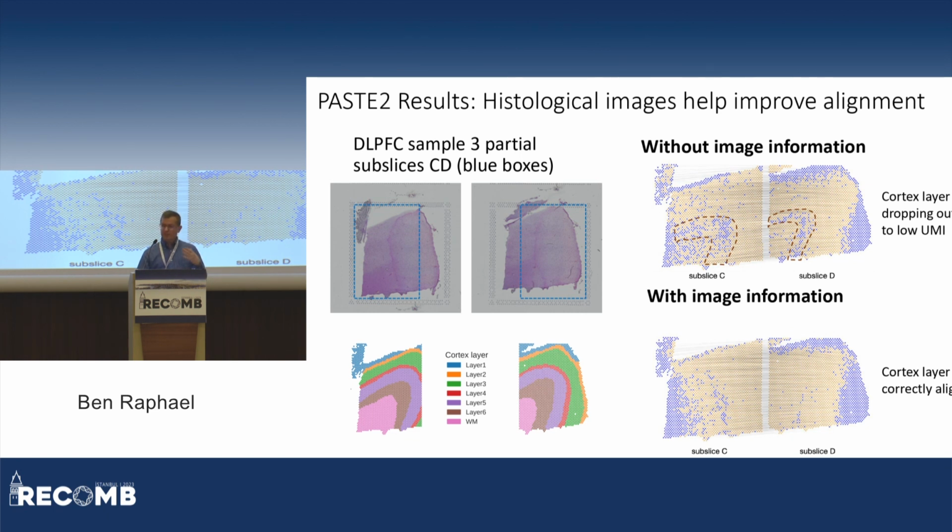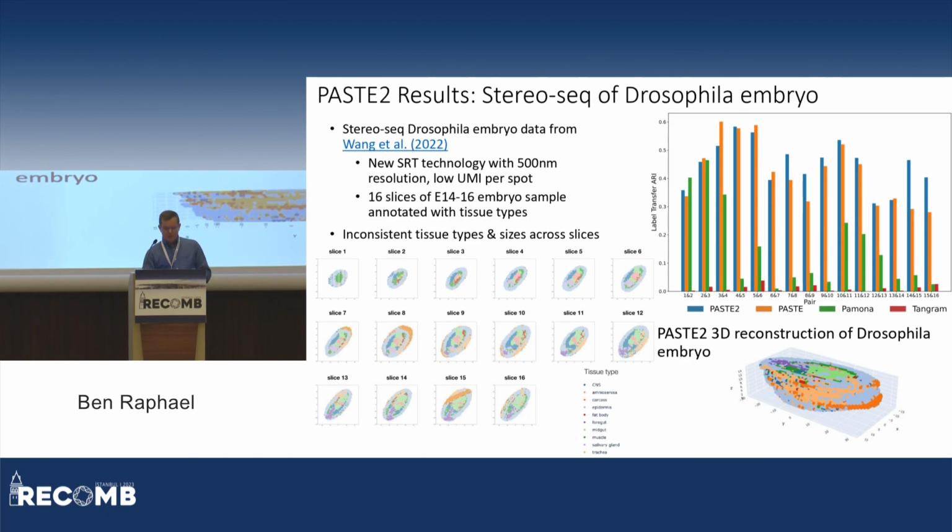So finally, we applied this to a number of real data sets. We're doing many more with cancers in collaboration with several cancer researchers, but I'll show you instead a data set from a different type of technology, Stereo-seq, which Ziv also mentioned. This is data from a Drosophila embryo, where they had 16 slices from this embryo. You can see that these 16 slices, although sort of adjacent in the tissue, have different sizes and slightly different